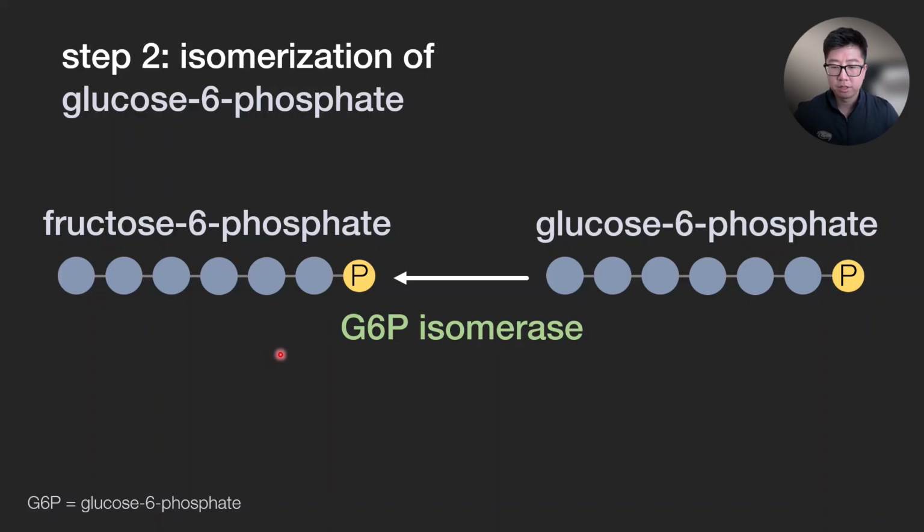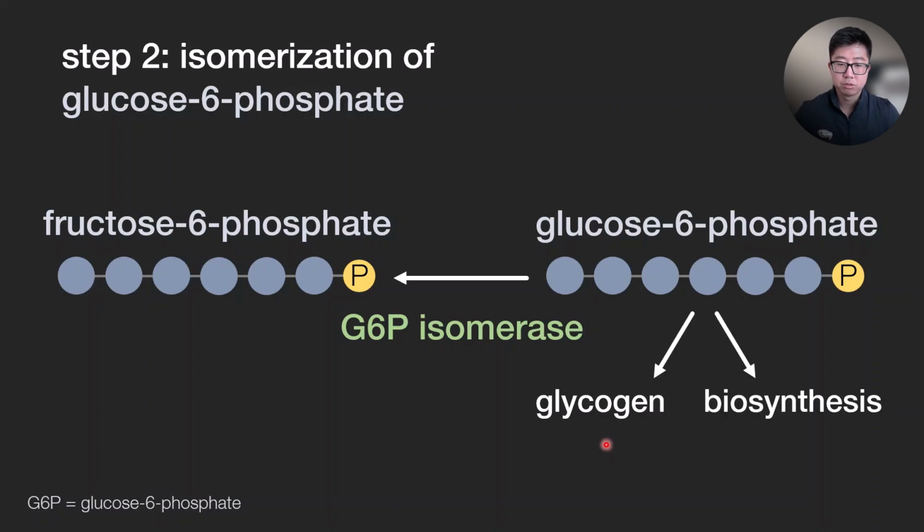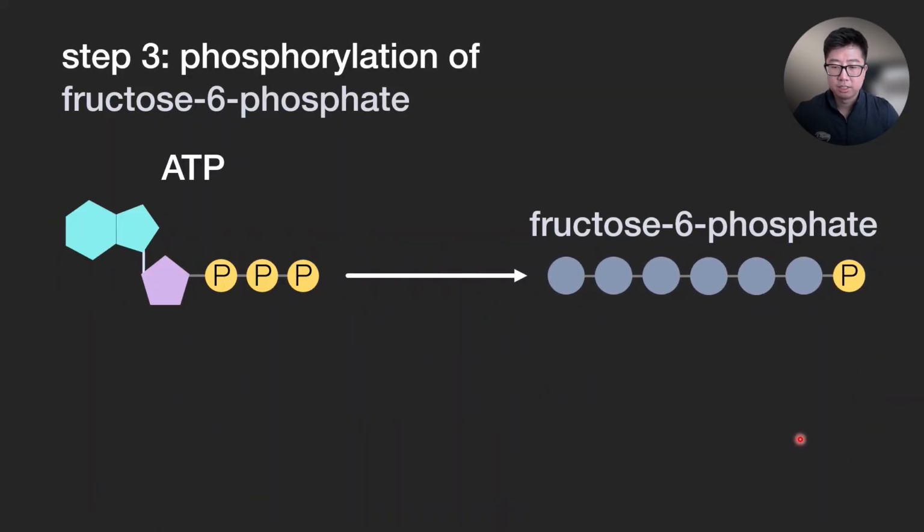Another important thing to keep in mind about this step is that glucose 6-phosphate sits at a major branching point in glucose metabolism. While some of it can go through glycolysis for producing energy, some of it can also be stored as glycogen, which allows the muscle or liver cells to store glucose for future use. And some of it can also enter the pentose phosphate pathway, which is important for biosynthesis. But since this lesson is focusing on glycolysis, we'll continue on to the next step, which involves another round of